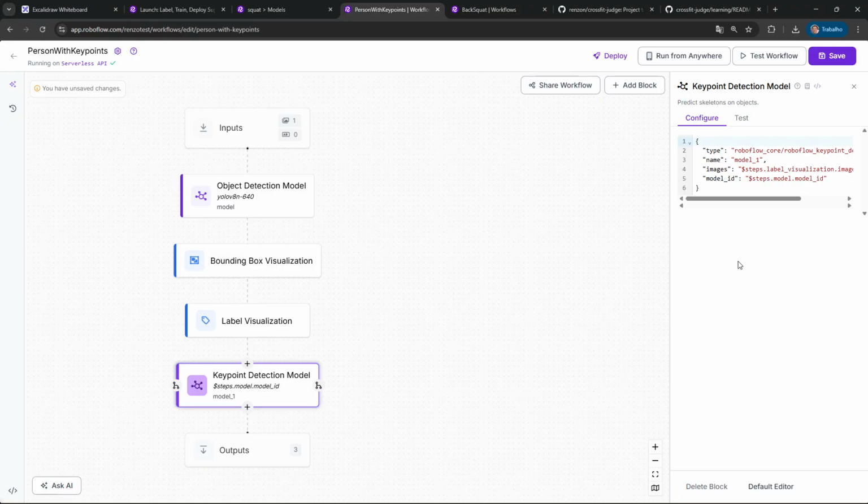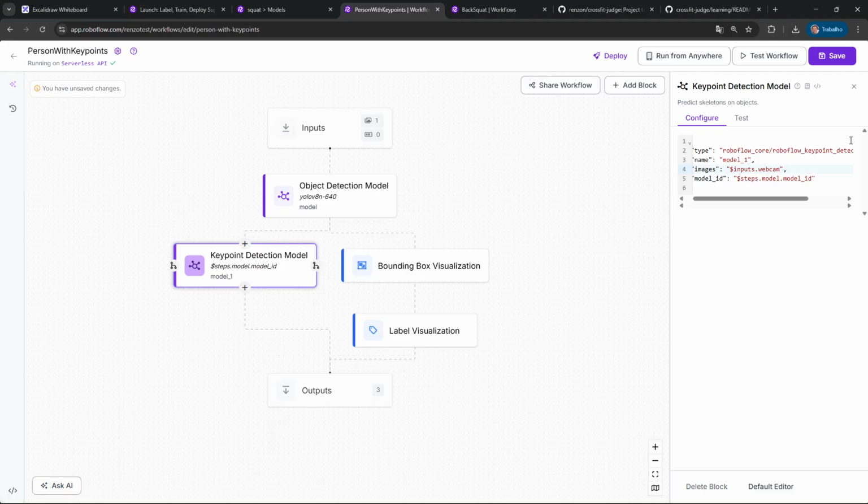So I can come in here and say, okay, the image that I'm going to take is from this one. So you can see the change in here. So from the webcam, and the model that I want, model ID, steps model 1, okay.